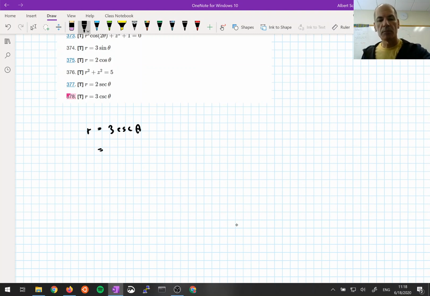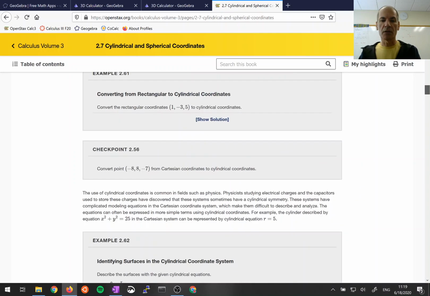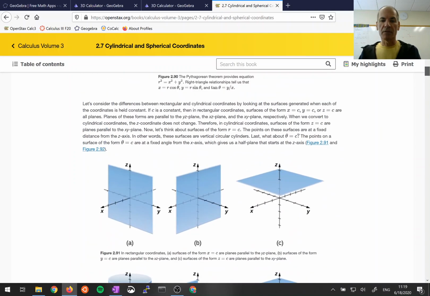Cosecant of theta, let's remind ourselves, that's 1 over sine of theta. You got to have all these trig functions memorized. Same kind of deal here. I'm trying to get from these cylindrical coordinates to Cartesian coordinates. In this situation, many, many times, the conversion equations are going to be your best friend. So go up to the cylindrical conversion equations that are way up here at the top of the section